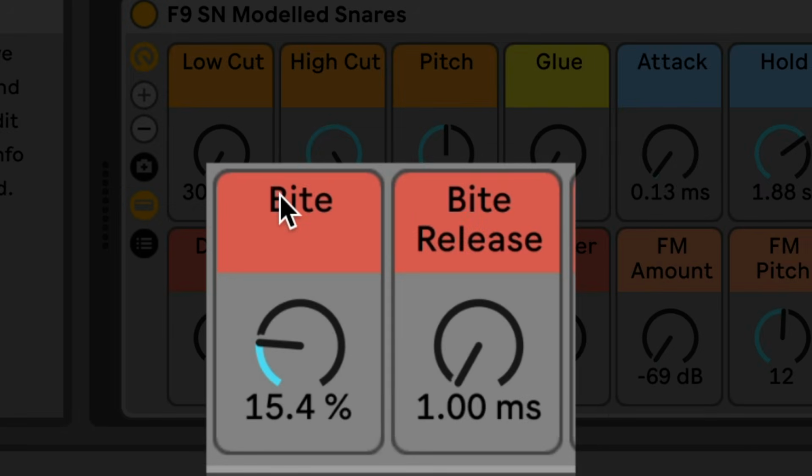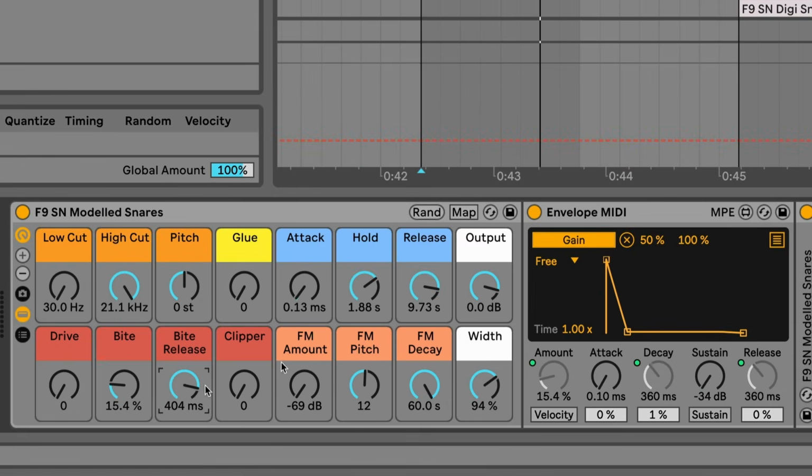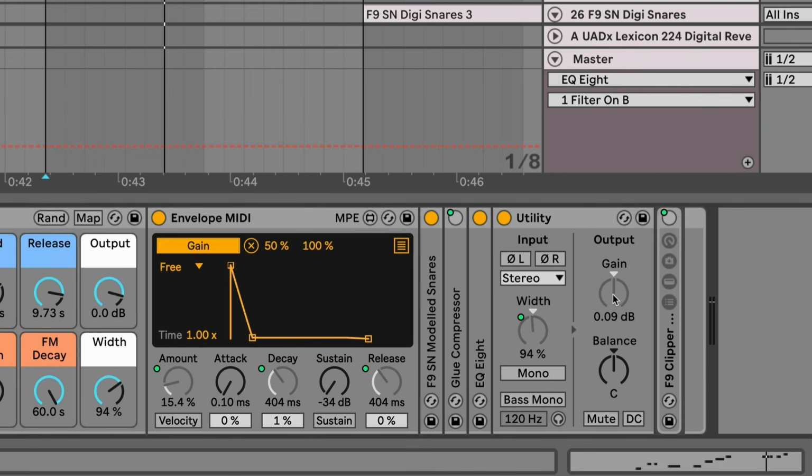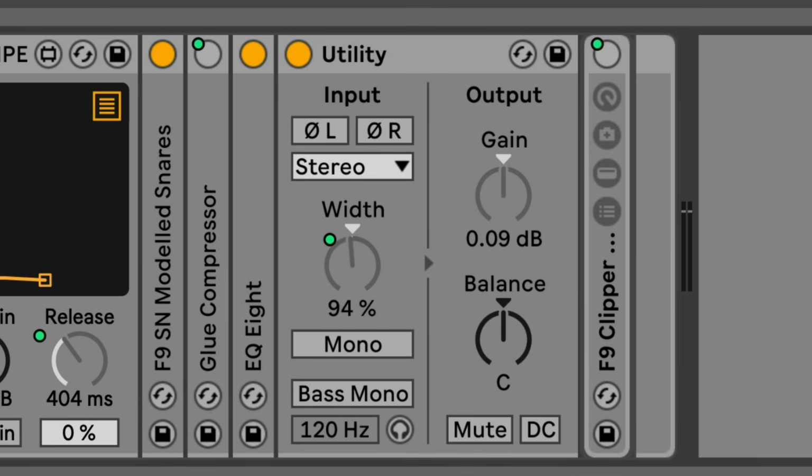Okay, the byte controls. Here we've got byte and byte release. These are controlling this MIDI triggered envelope. So for every single snare hit, this envelope is going to trigger, and it is set to just push out a little bit on this utility plugin and add some gain. So in other words, if I give it a whack,